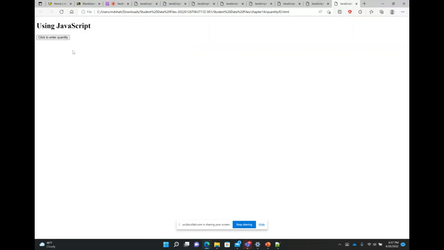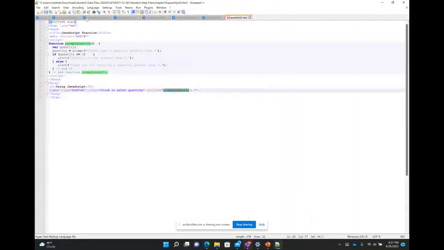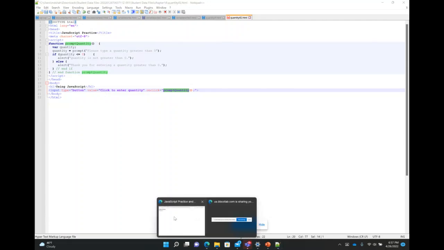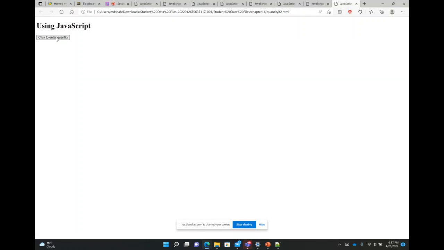Here is one thing: since this is a function, this function hasn't been called yet. That's why it hasn't triggered. Before, what you saw is that if this was not inside the function, just inside the script, it would have triggered. But now it's inside the function and it hasn't been called yet. When it's going to be called, if I click on this button,